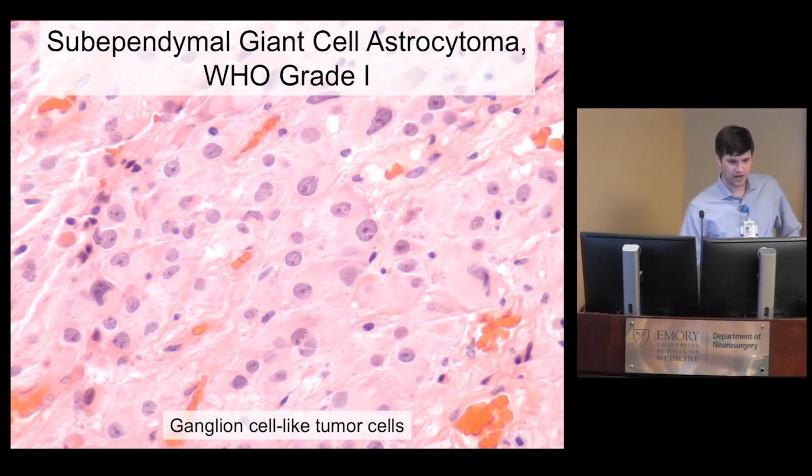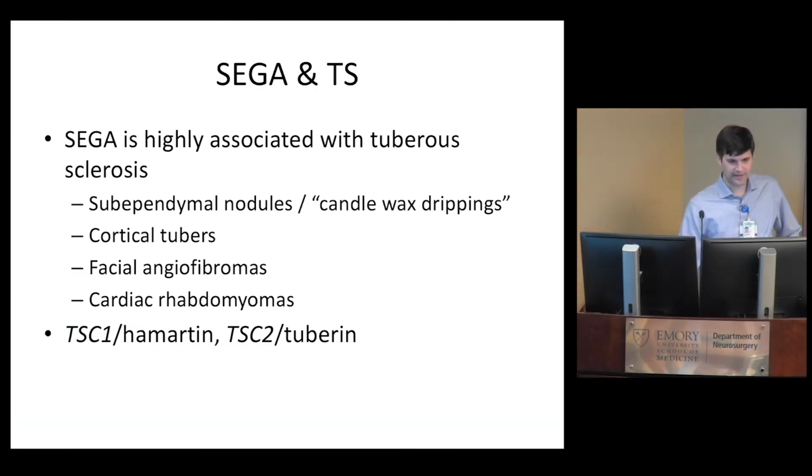And on higher power, a lot of the tumor cells look a little bit more like ganglion cells, i.e. they have rounded nuclei with a large central nucleolus and a fairly copious amount of cytoplasm. All right, so it's on ganglion cell-like tumor cells. But the main thing to remember is that subependymal giant cell astrocytomas are highly associated with tuberous sclerosis, and you'll